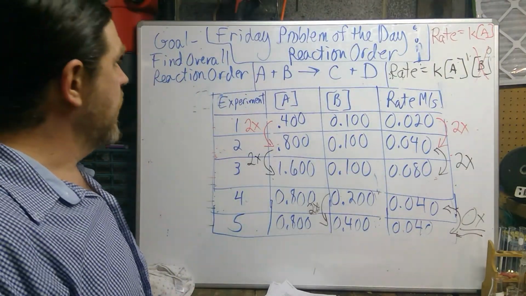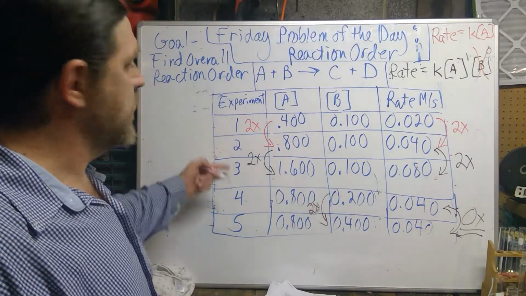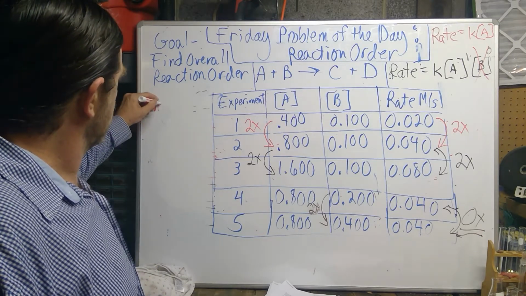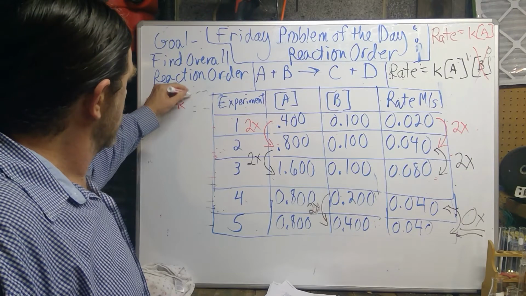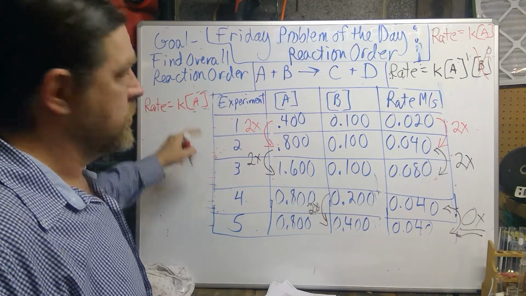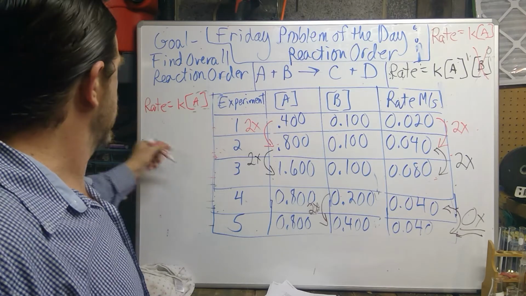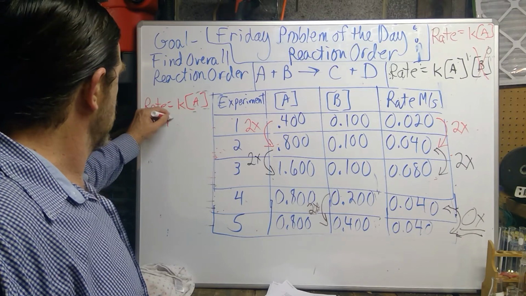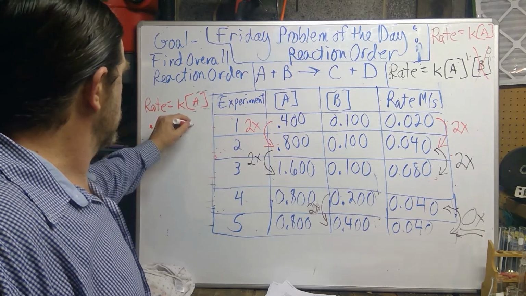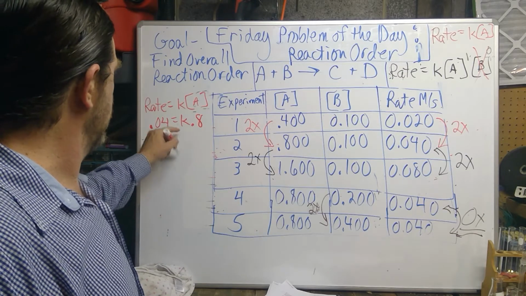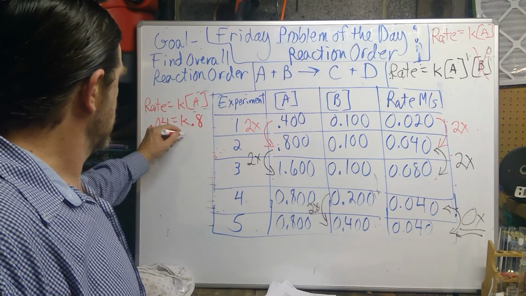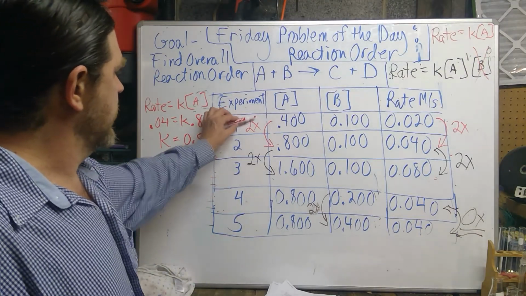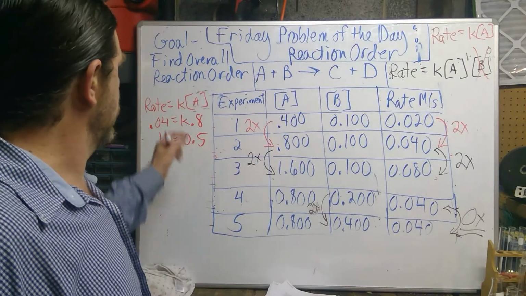So armed with that, we can figure out what k is. We can take any one of these 5 trials and apply our newly derived rate law and solve for k algebraically. So let's take trial 2. We could take any of them. If we have our rate is 0.04 equals k times 0.8, we just simply solve for k, and k is 0.5. And if it's truly a constant, we could do this in every single trial and we would get